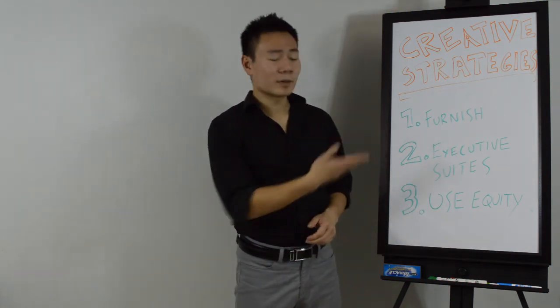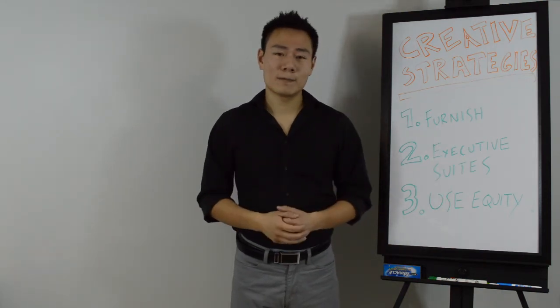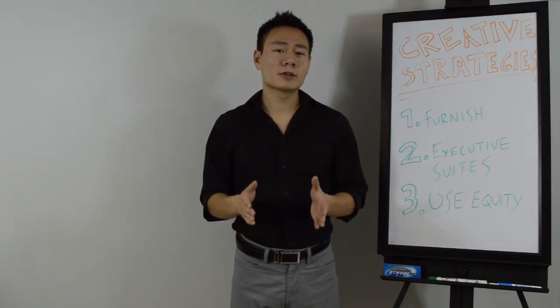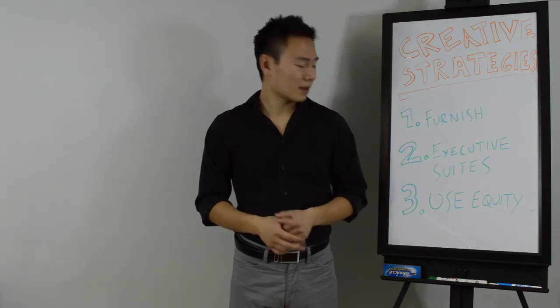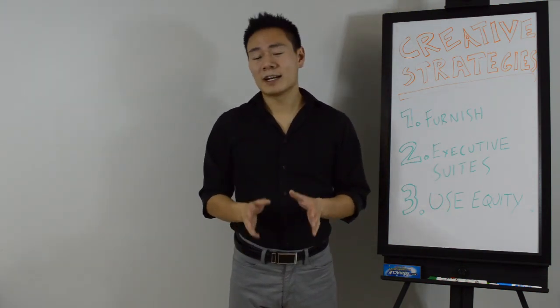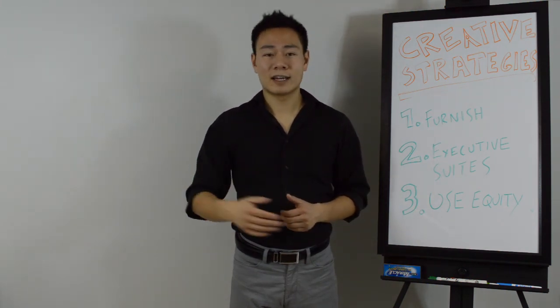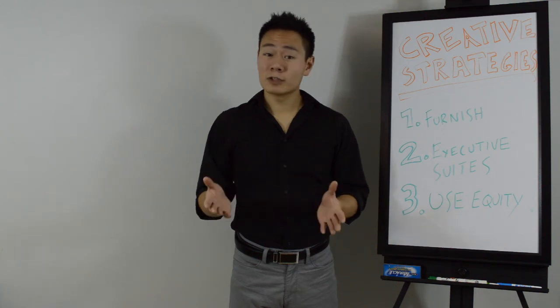If you already own a condo as an investment and you're having difficulty renting it out, you may want to look at some of the following creative strategies. Number one, you could furnish the condo, charge more for it, and also go after a different type of client. Number two, you could rent it as an executive rental suite. Find an executive rental company, get them to rent it out to some of their clients, and charge more for